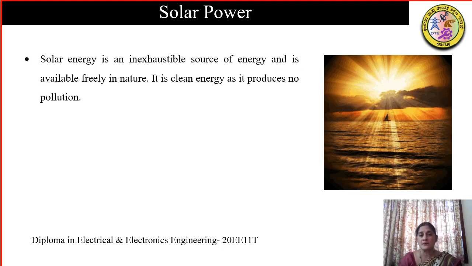What do you mean by solar power? Solar power means the energy from the sun. We all know that Earth depends upon the sun for all its energy needs. Sun is a powerful source of energy. The energy from the sun will reach the earth in the form of radiations. But all the energy given out by the sun does not reach the earth. But whatever percentage of energy reaches the earth is more than sufficient for the earth to satisfy all its needs.